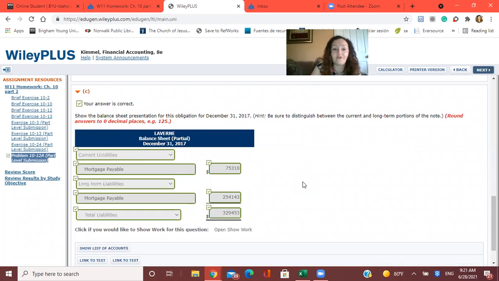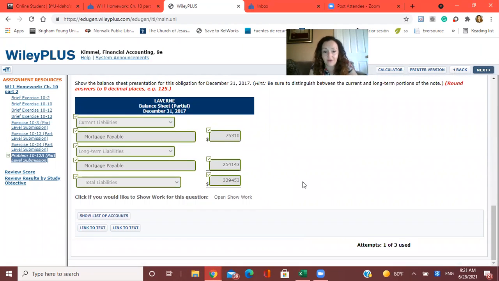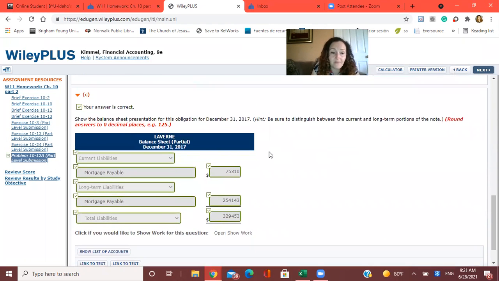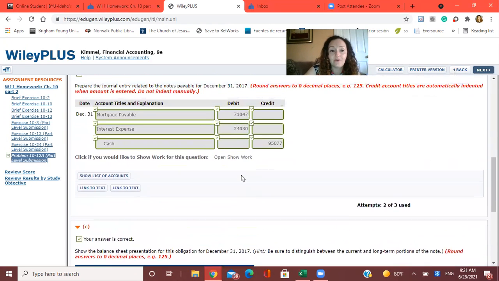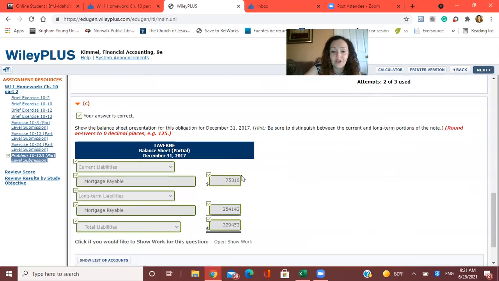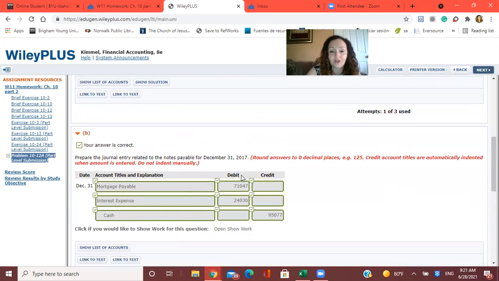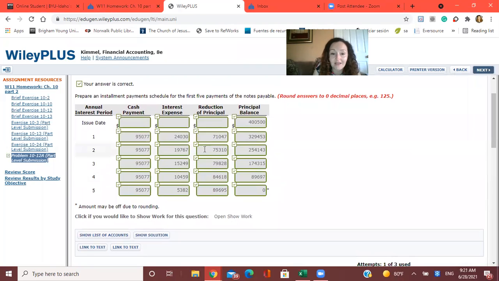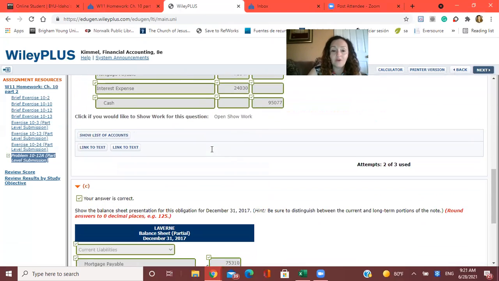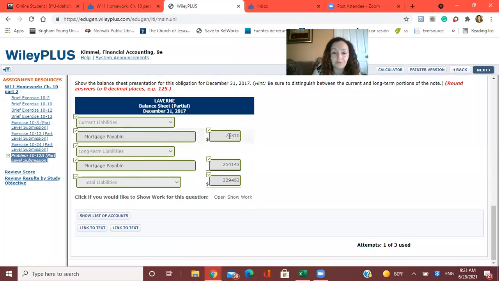And the third part, we have to do the partial balance sheet, right? So we start with the current liabilities, right? We have a mortgage payment, and remember, annually, the first mortgage payment. So we have the first already, right? 75,300. That's the second year, the reduction of principal. We're going to put it here in the third part. And mortgage payable, then long-term liability,